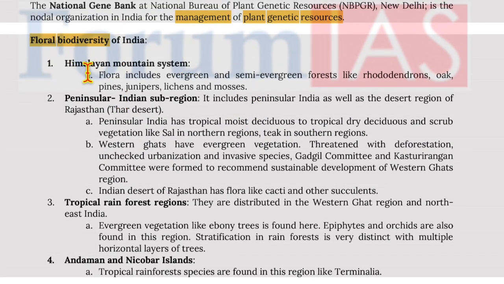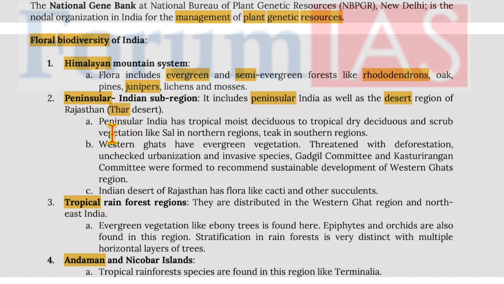Himalayan mountain system, peninsular Indian subregion, tropical rainforest, and Andaman and Nicobar Islands. Now, for the Himalayan mountain system, floras include evergreen and semi-evergreen forests like rhododendrons, oak, pine, juniper, lichens, mosses, etc. For the peninsular Indian subregion, it includes peninsular India as well as the desert region of Rajasthan, that is the